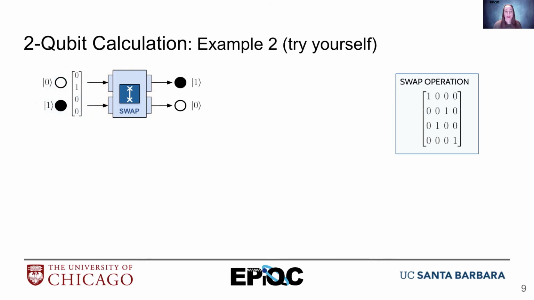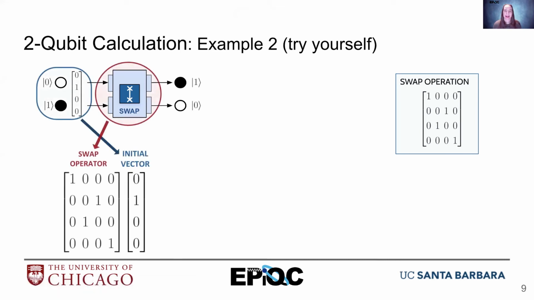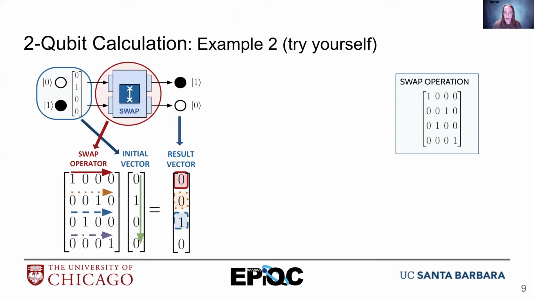All right, so here's another example. We already figured out the input vector, and so we're going to do the calculation. I encourage you to pause the video and try it yourself, and then I'll go through it. Okay, so you're ready to try it. We know we have the initial vector, and then we have the swap operator, and we continue just as we did last time. So our result vector is calculated by going across with the red and down with the green, and then across with the orange and down with the green, across with the blue, and across with the purple.